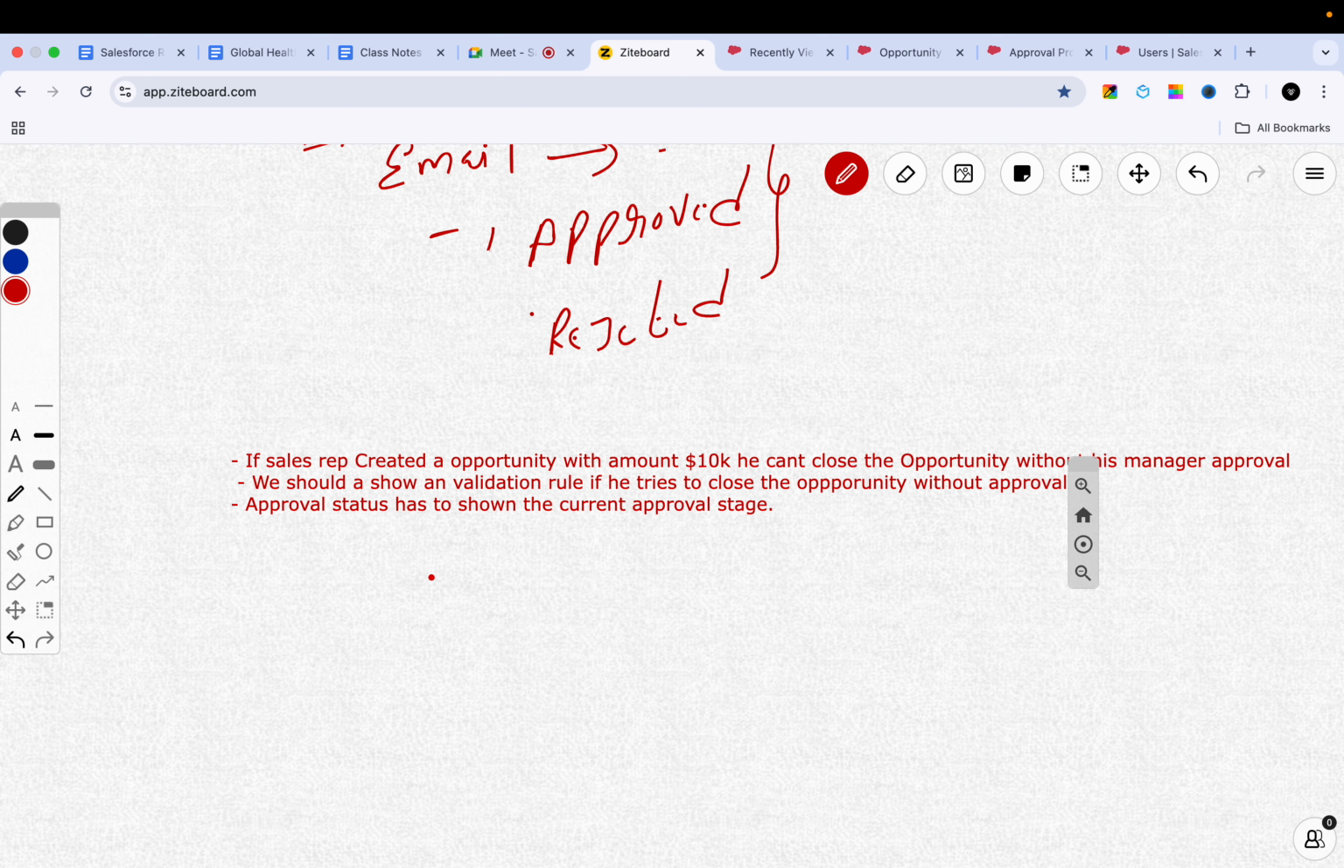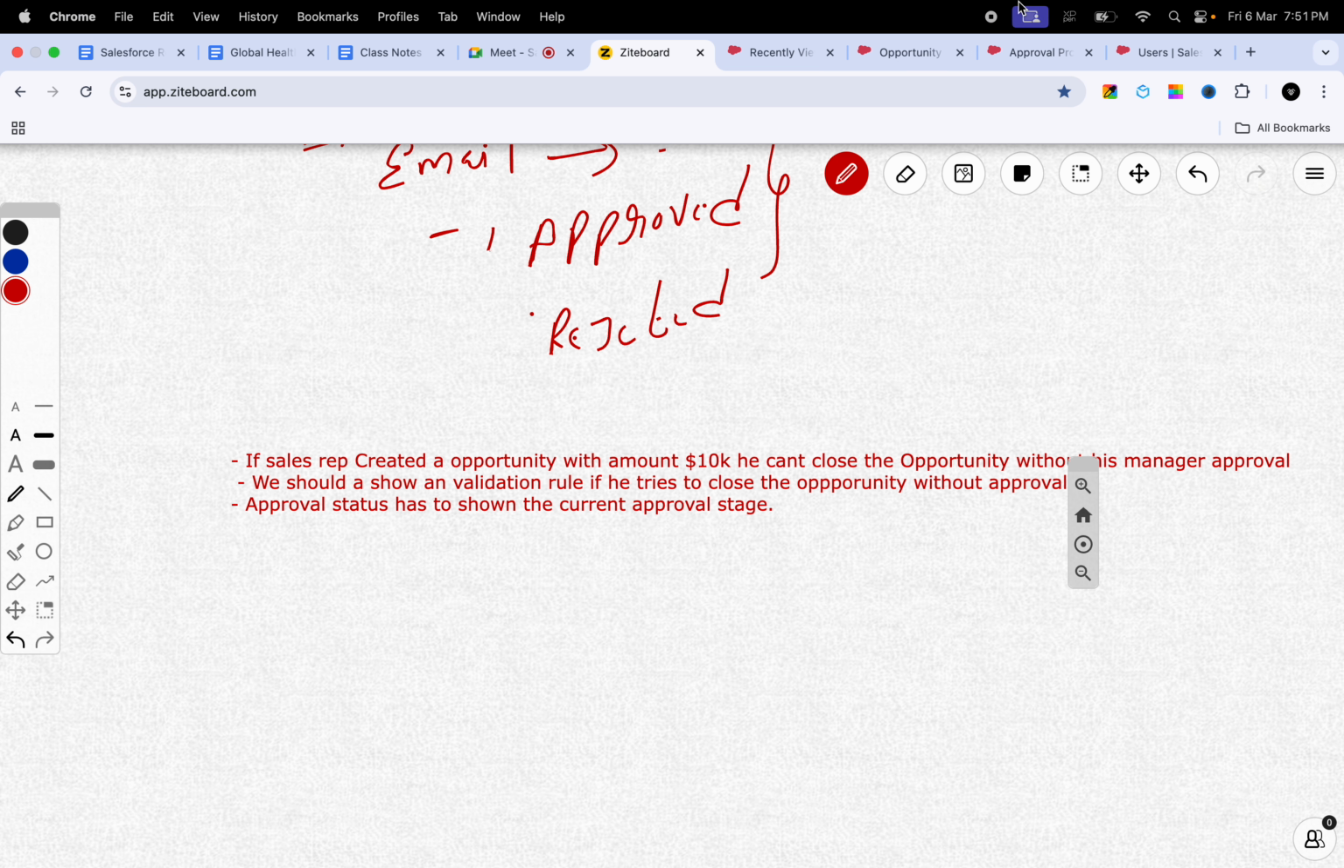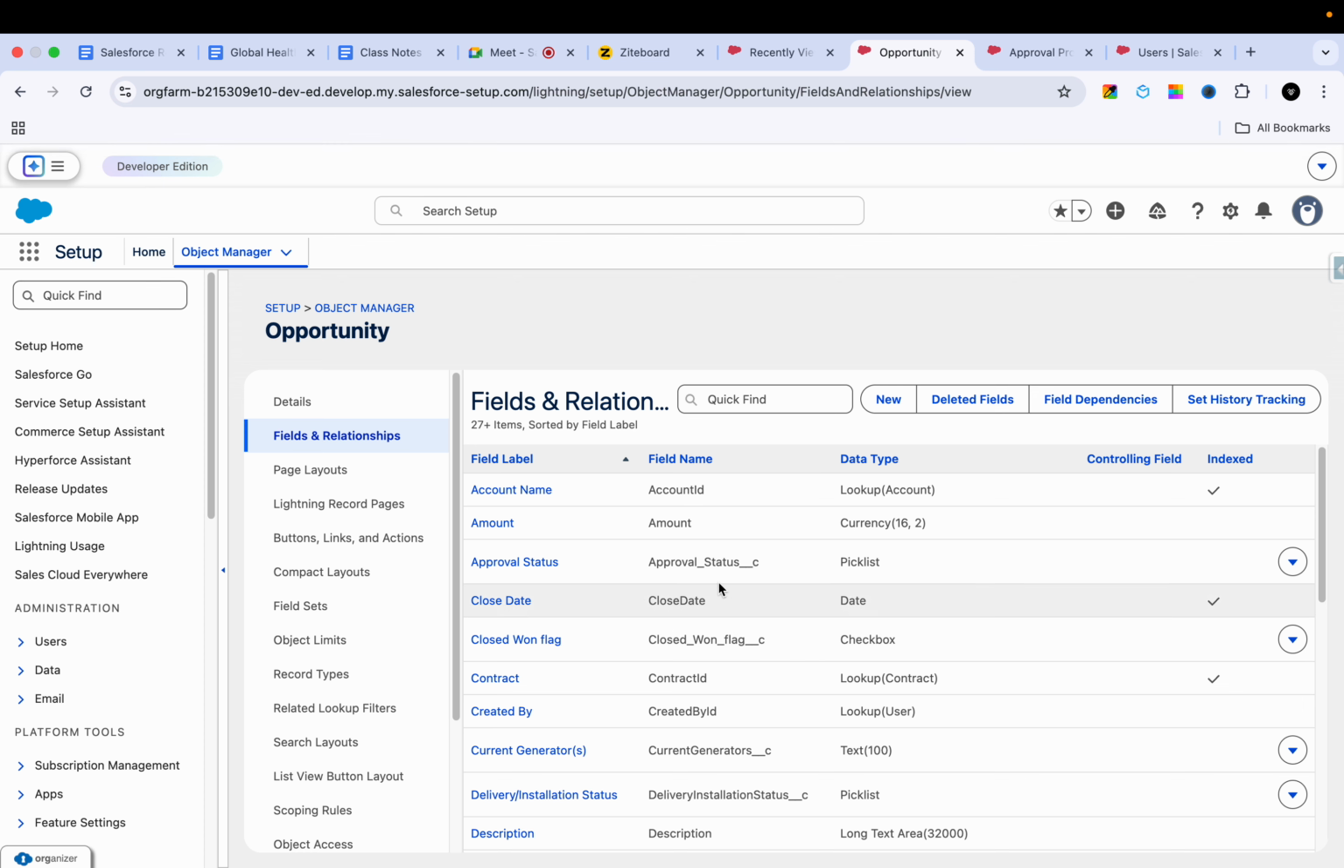Here we have to do three things actually. One is we will create an approval process, and the second one is we need to create a validation rule as well. That validation rule will check if the record is approved by the manager or not. If it is not approved, then we show an error message when he tries to close the opportunity. And approval status is a custom field that shows the current approval stage. We already created the approval status field, right? And now I'm trying to create a